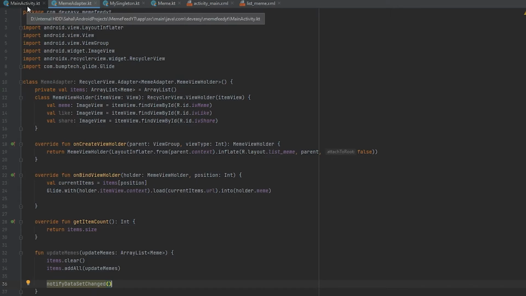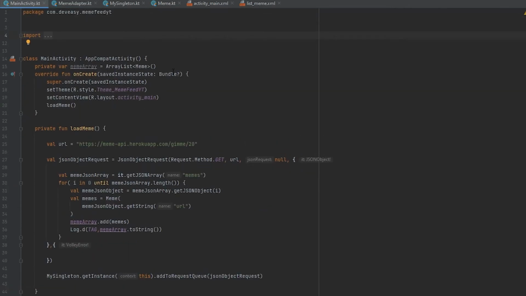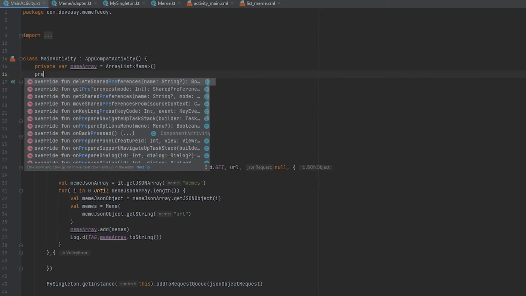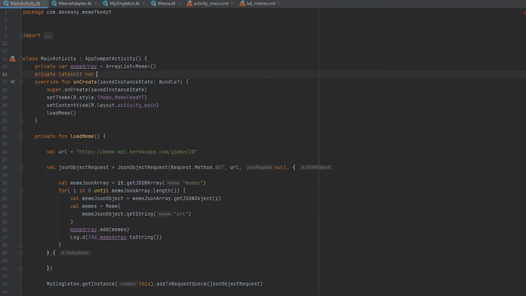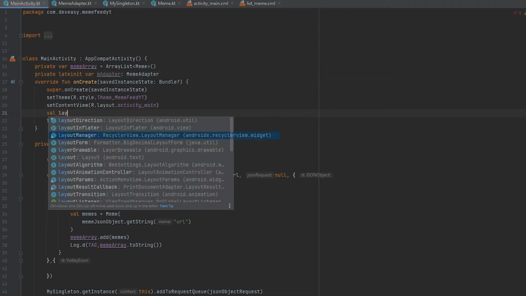Now we will go to our main activity, and here we need to create a recycler view and pass the adapter. So I'll create a private late init var m adapter of type meme adapter, and then we need a variable for layout manager.